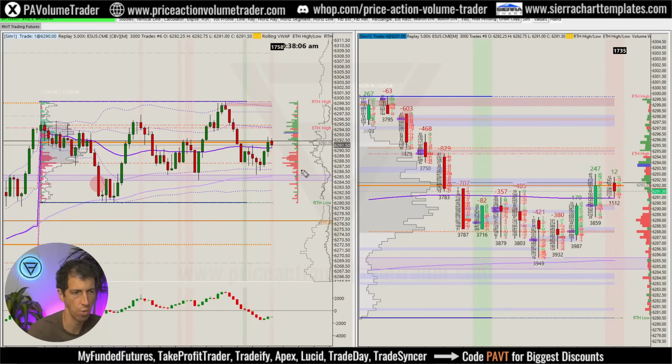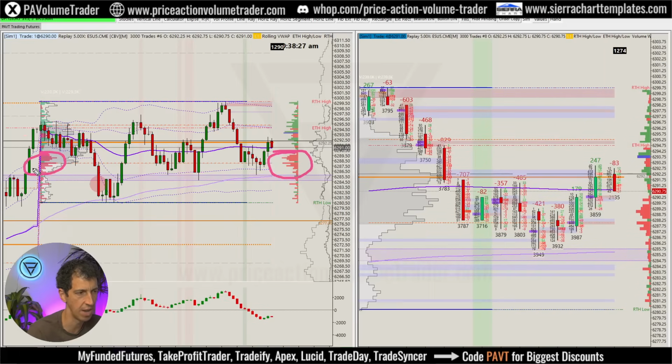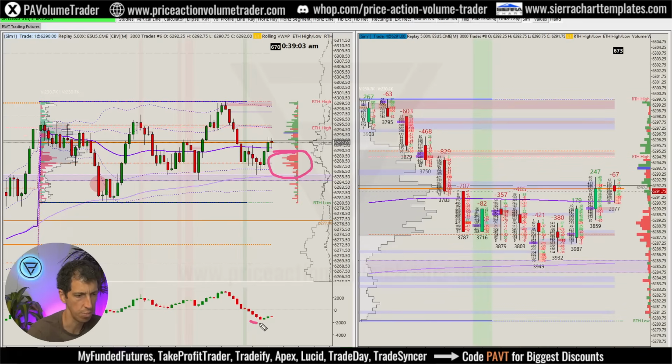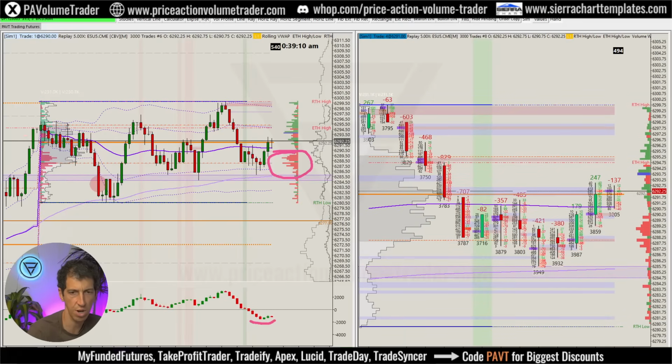And notice how we're now back above all this negative aggressive delta and the bottom edge of this node. Cumulative volume delta is now starting to turn,